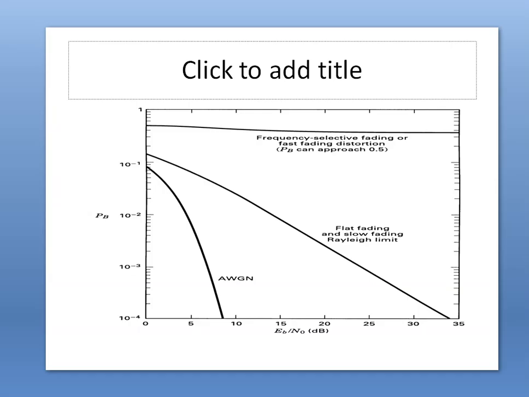In the first case, we approach 0.01 probability of error. In the second case, we approach 0.1 probability of error. And in the third case, the probability of error is equal to 1. Now, we have to decide which type of channel we are supposed to use to remove the fading in the channel. In all the cases, the AWGN channel will lead to a lower value of Pb when compared with flat fading and frequency selective fading. Now we move to the different types of mitigation